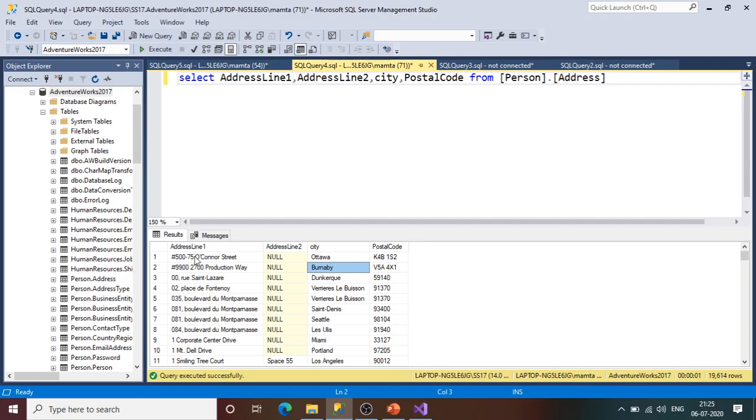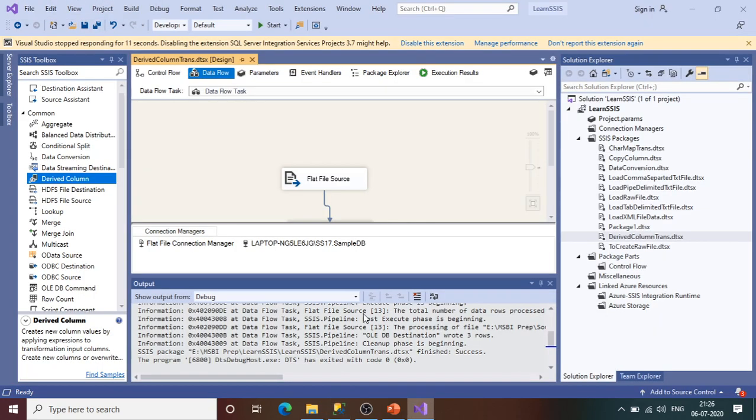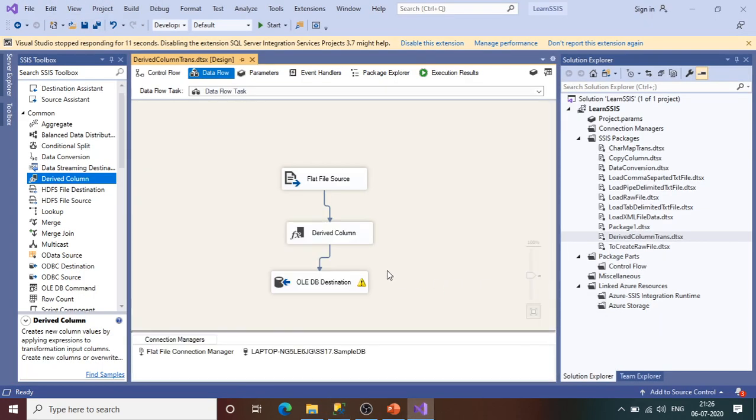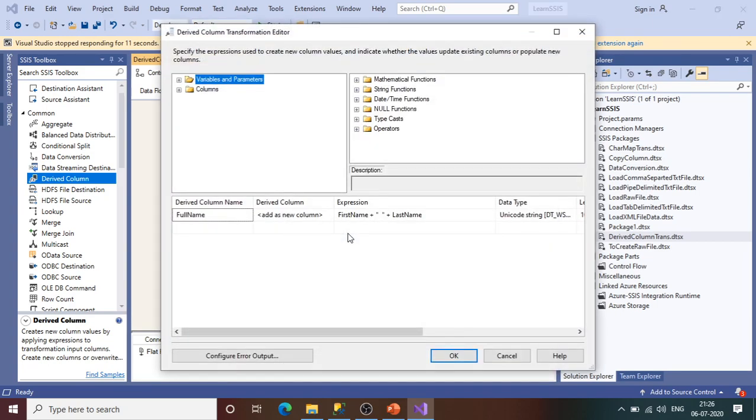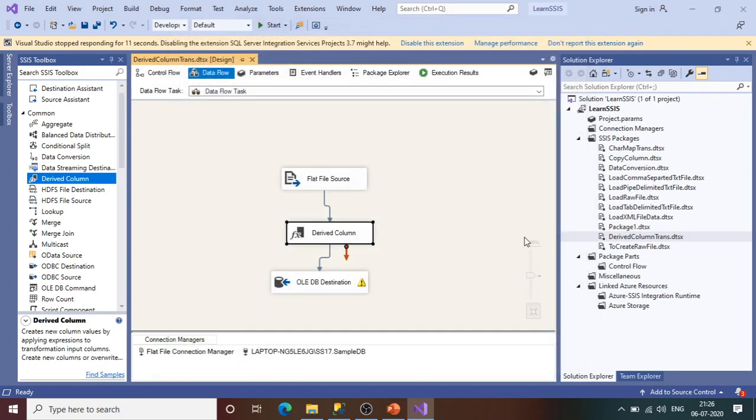I mean, if you want कि मेरा पहले एड्रेस वन आए, उसके बाद कॉमा एड्रेस टू, then city would be in bracket, and then comma and pin code, pin code hyphen, then this value should come in my complete address column. So ये सब चीजें जो भी है आपको transform करना है, that you can use in the derived column transformation. Okay, so I think just try कीजिए, and I hope that you will understand the main logic behind this derived column transformation.